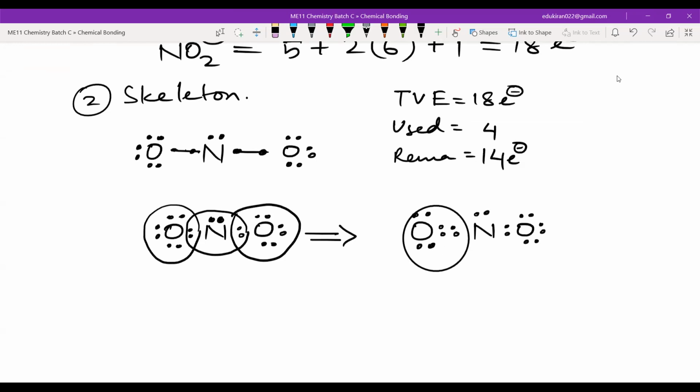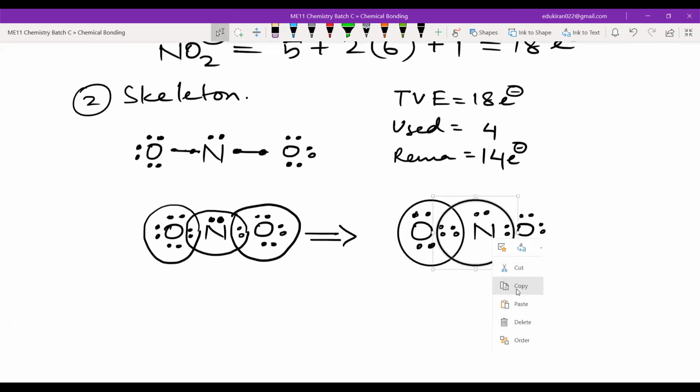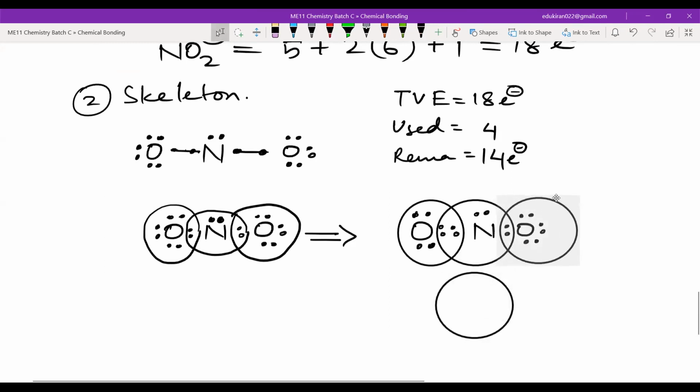Okay, how many of you except Mariam were able to form this structure? है कोई? Yes, sir, I was able to. Samira? Yes, sir. Acha. So what was wrong then? It is fine only. I didn't put a double bond between oxygen and nitrogen. So then I did it. I was not understanding where to put the electrons. Now you understand it? Yes, sir. When you said that first you have to put on the surrounding, then on nitrogen, then I understood. Acha, okay, fine.